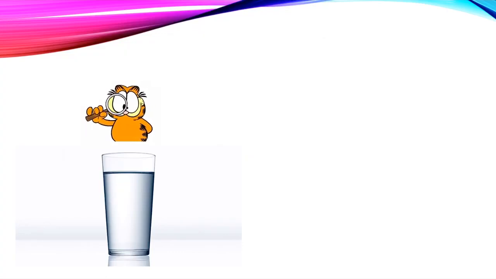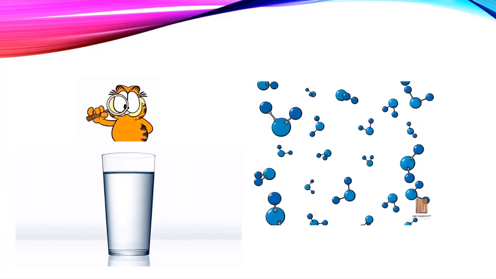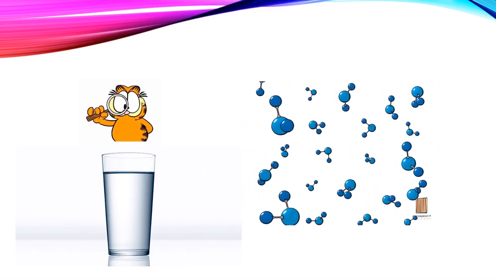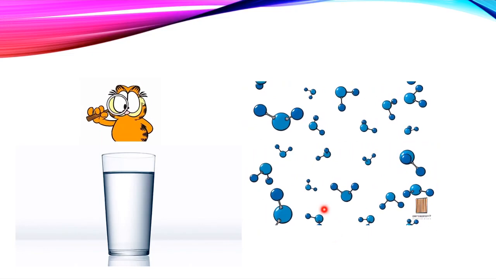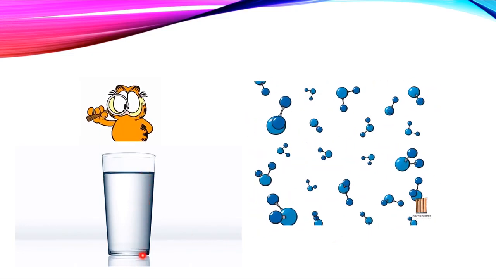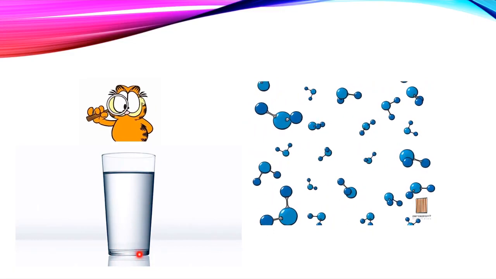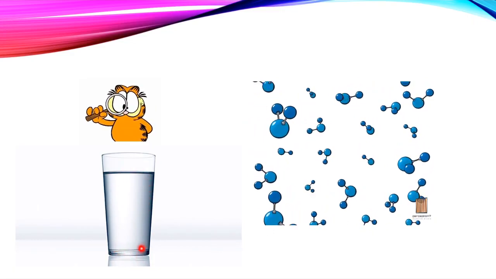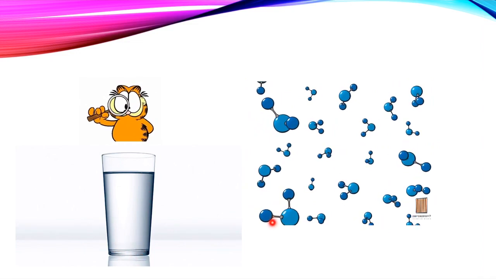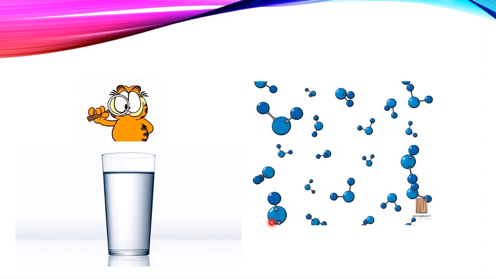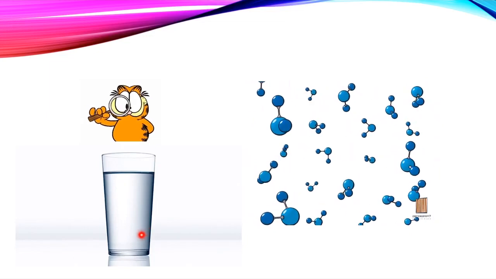Okay, boys, have you ever observed a glass of water, and have you ever thought what that glass of water is made of? Glass of water या water की जो body होती है वो किससे बनी हुई होती है? So we have so many water molecules in that glass of water that are floating, that are moving inside. So when you have so many molecules together, you collectively call it a compound. जब बहुत सारे same molecules आपस में एक साथ रहते हैं तो उनको आप collectively क्या कहते हो? Compound कहते हो. So water is also called a compound.